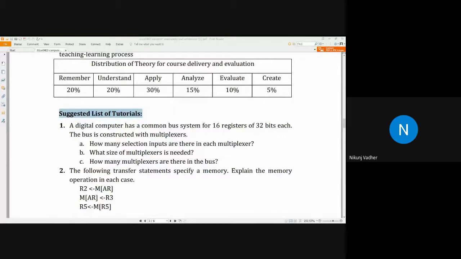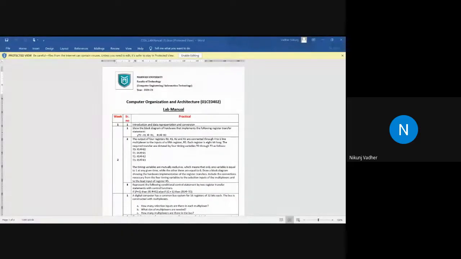So which tutorials are there? This will be our lab manual.